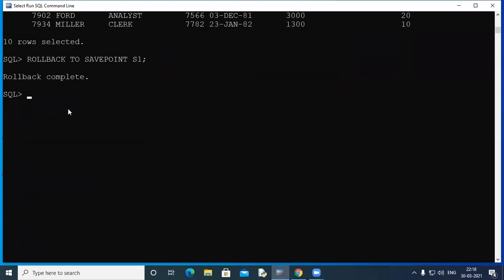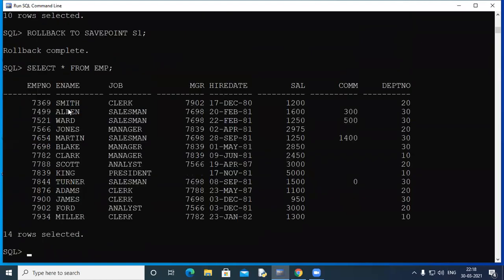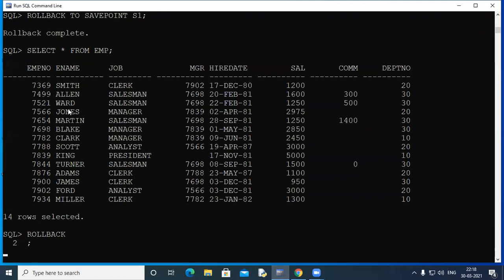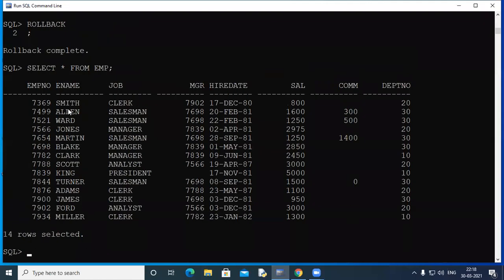If you use select, it will show you all the 14 rows, but the salary is 1200. And if you write rollback now simply, then obviously everything is rolled back and you get the original values back. I hope I've answered your question, Simran. Yes, sir. Okay, fine. Understood.